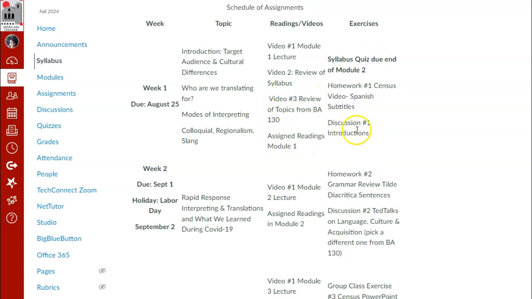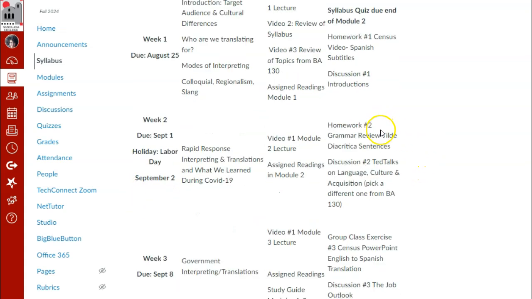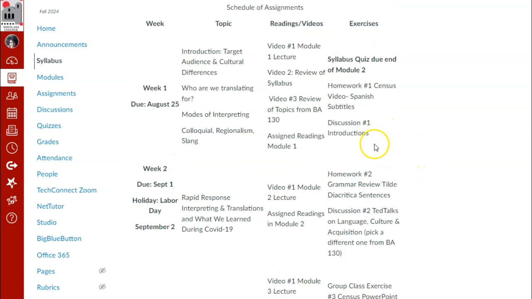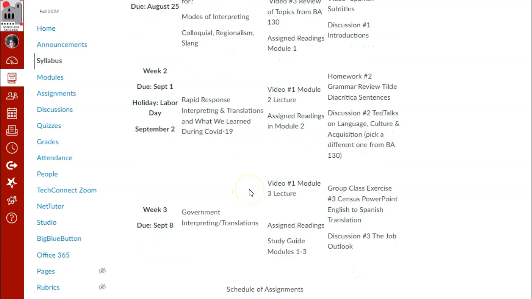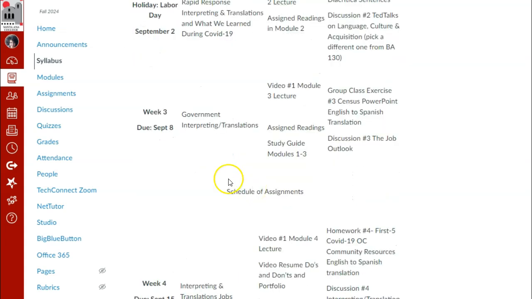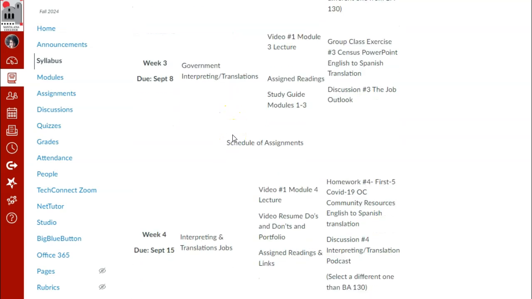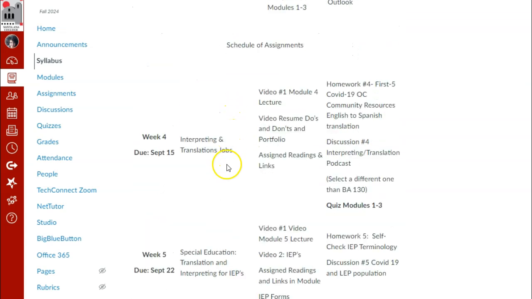And then you have the discussion. A reminder, if you do not participate in any of these two, you're going to be dropped by this week on Monday. And then the quiz for the syllabus is going to be at the end of module 2. So make sure that you are prepared to take that. It's going to show up here in week 1, but it's going to tell you that it's not due till week 2. So these are some of the topics that we're going to be talking about: government, interpreting, and then